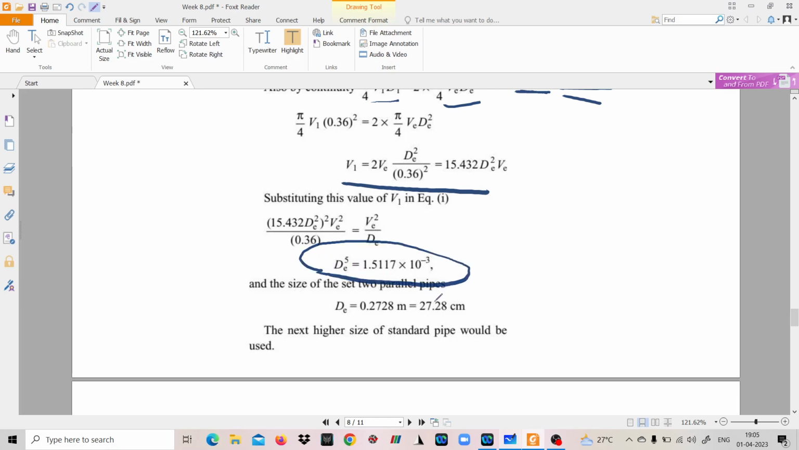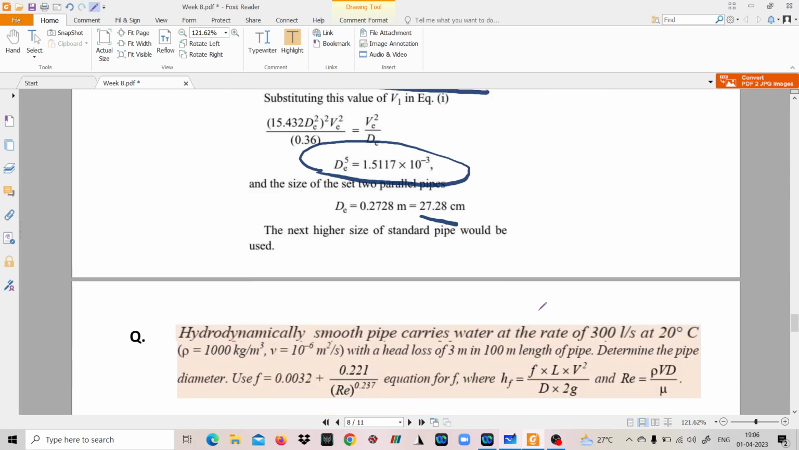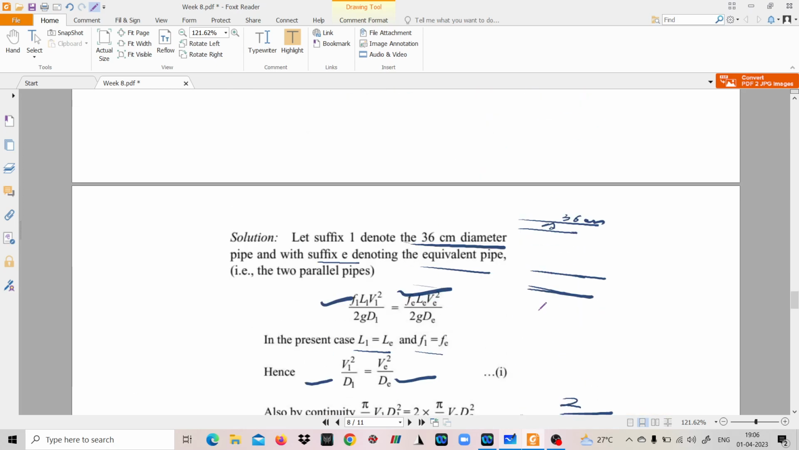Okay, if D to the power 5, we can solve this equation very easily, and we found that the value of D is 27.28 centimeter. So whatever next higher size is available, say 28 centimeter or maybe 27.5 centimeter, we can take that. But you cannot take a lesser size, because if you take a lesser size pipe, then the discharge will be less. Okay, so again this is a very simple problem,